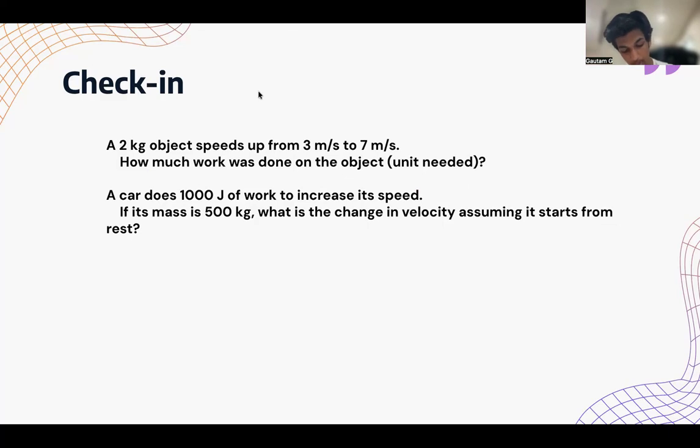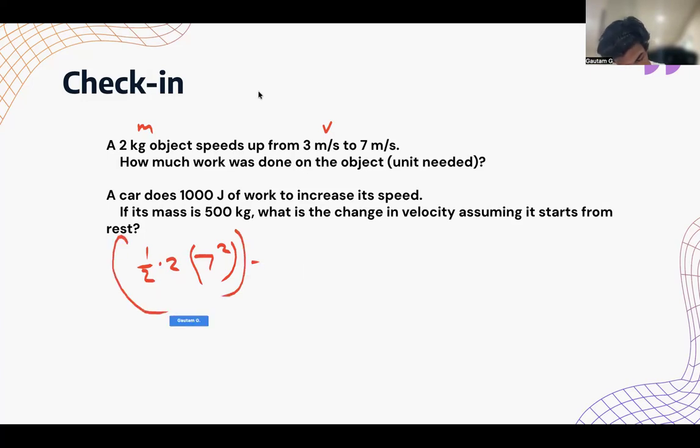A 2 kilogram object speeds up from 3 meters per second to 7 meters per second. How much work was done on this object? So clearly we have mass and velocity, correct? So we know this is going to be using kinetic energy. So we have 1 half, and it speeds up from the initial 3 meters per second to 7. It even says speeds up, right? So we're going to do 1 half times 2 times 7 squared